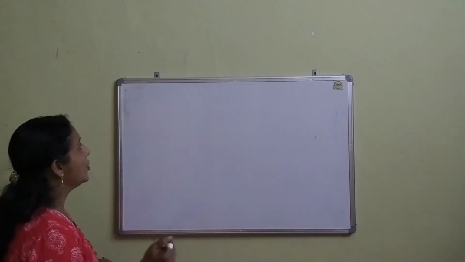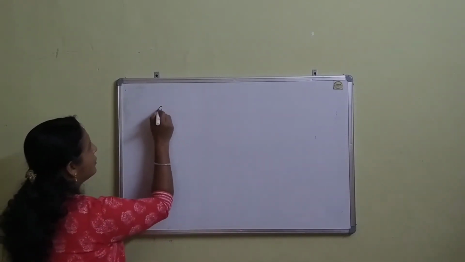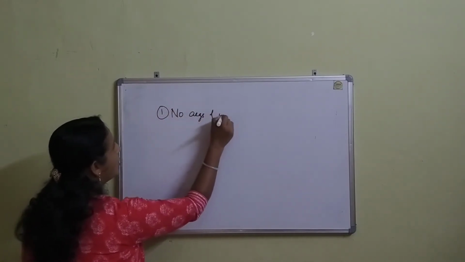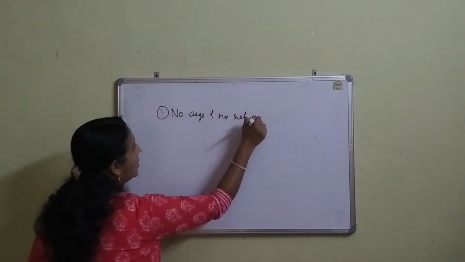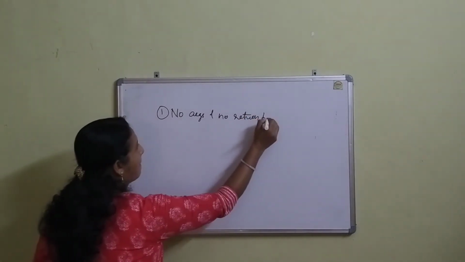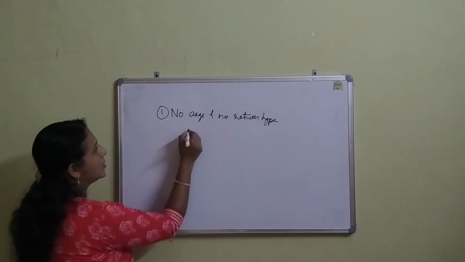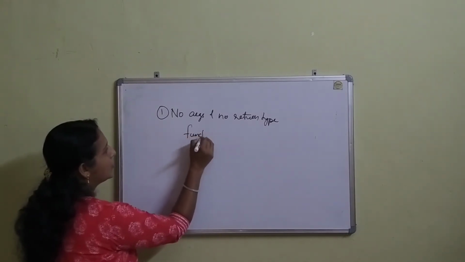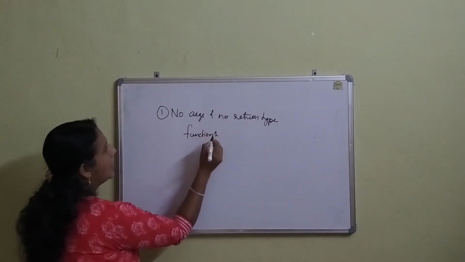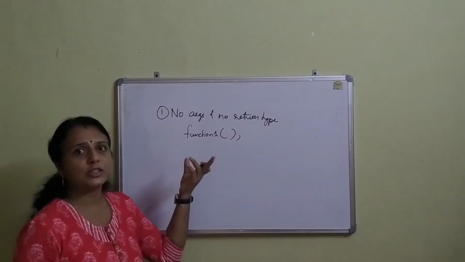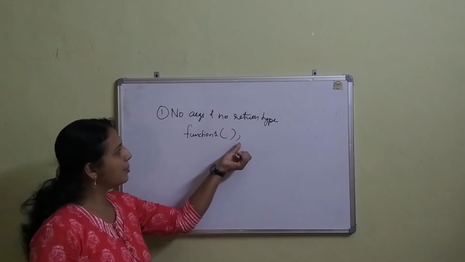So let us see how you are going to call the function. The first category was no arguments and no return type. So how are you going to call it? The function name we used was function 1, and no arguments. This function call is a single statement,